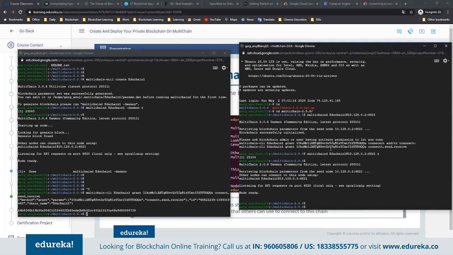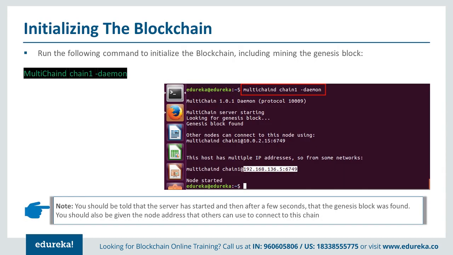And you can see the amount of time it has taken to create this connection. It is very, very short. So now my chain is up and running. Two nodes are connected with each other. Similarly, I can have multiple nodes connected with the help of this admin node. We have already seen that you can use only connect or you can use connect, send and receive. We have used the second one, so we have given the connect permission, the send permission, and the receive permission.